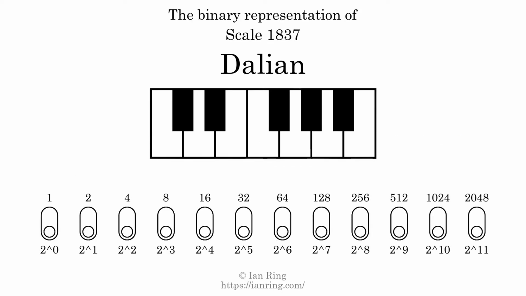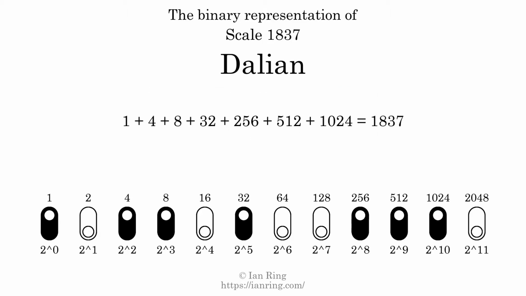The binary representation of this scale is determined by mapping tones of the scale to binary digits. Each binary digit represents a power of 2. To get the scale number, we add the powers of 2 together. The powers of 2 that are present in the scale, all added together, equals 1837. That is why the scale number, in decimal, is